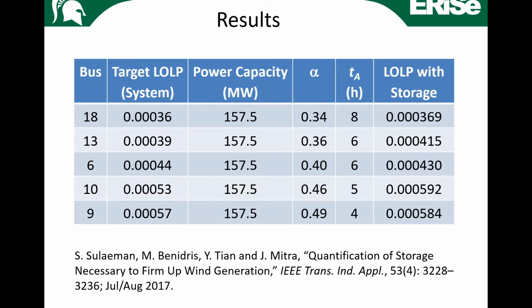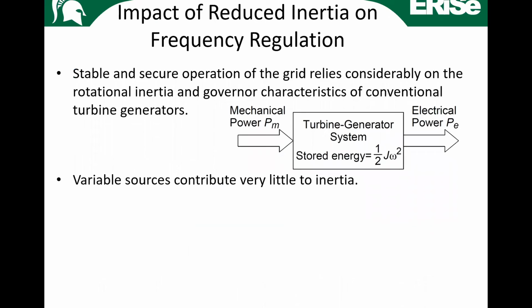And then we ran the simulation again and found that this was the reliability of the system for this 200 megawatts of wind, and this kind of battery, so many megawatts and so many megawatt hours at bus 18, and at the other buses, you get the idea. So you can see how well the target reliability matches this. So this was a satisfactory conclusion, and we felt that it was interesting that the theory explains some past observations.